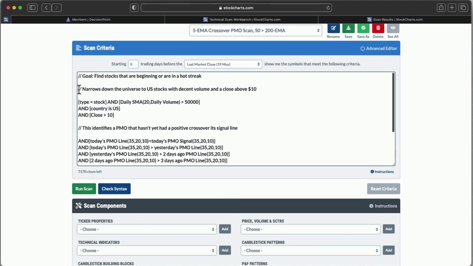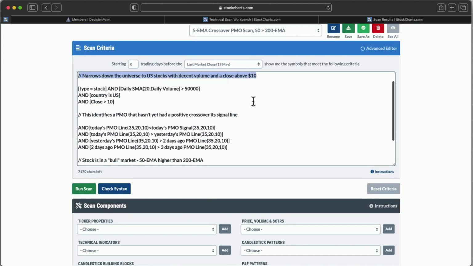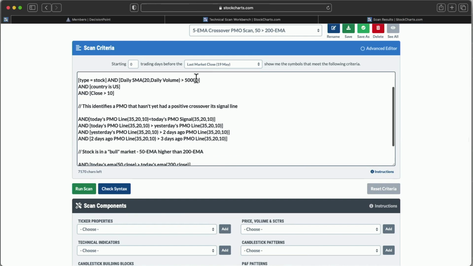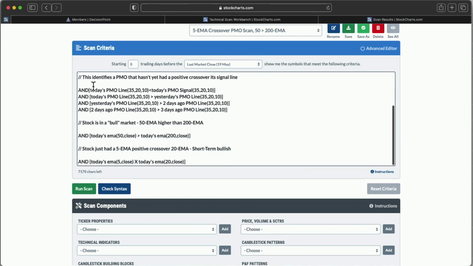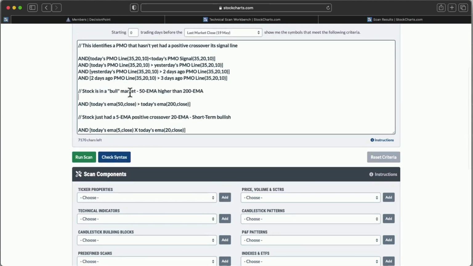All right, so I put in my comments what I'm looking for. So there you go. Country is US, close is above 10. That's what we were talking about. Daily volume, in this case, is above 50,000. I used my PMO, so we're going to skip looking at that. But we want the 50-day EMA to be higher than the 200. So there you go. And then the stock, I have this one where it has a crossover, but we're not